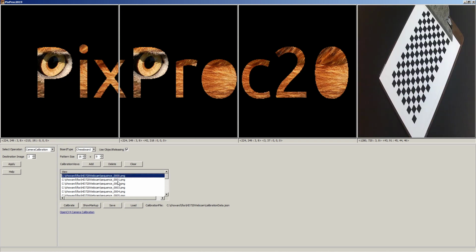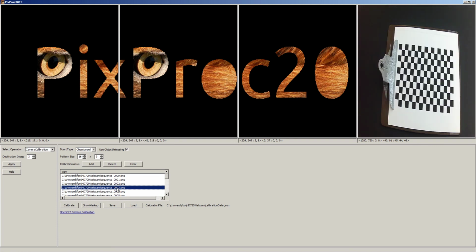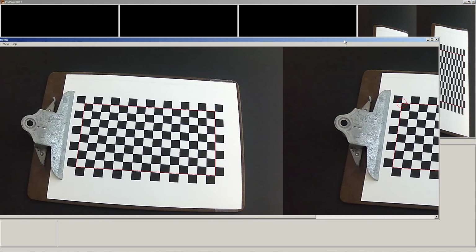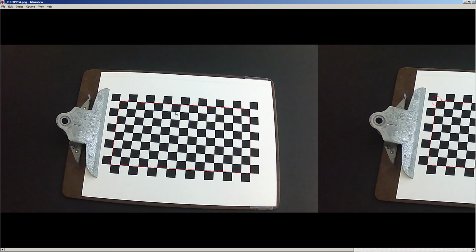So if I take one of our images, and it seems to work better with one of these horizontal images, and choose the show markup option, we get a before and after view of the particular calibration image. If we view this in our external viewer and zoom in,